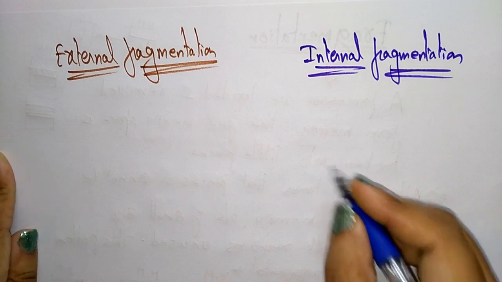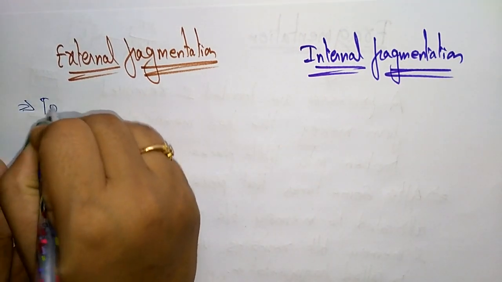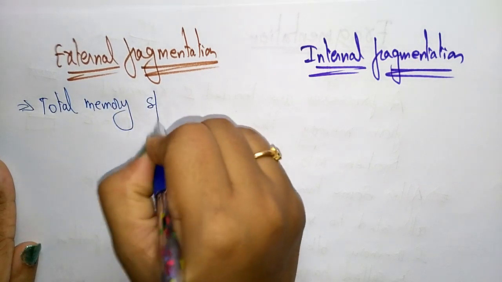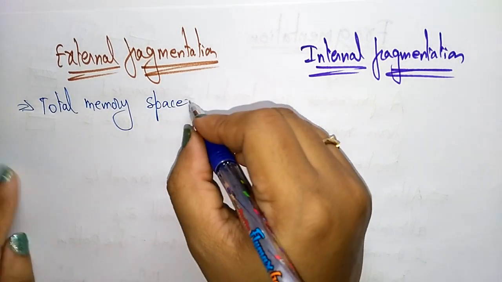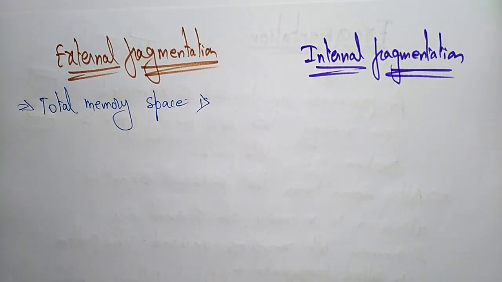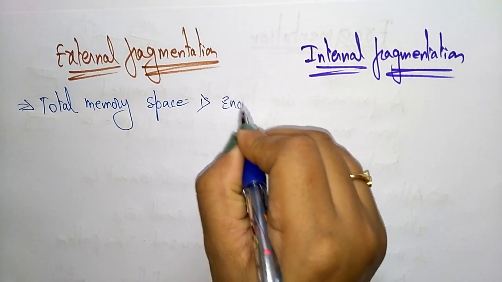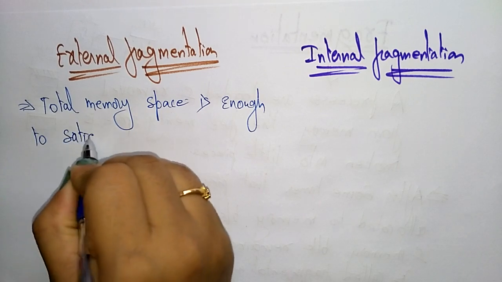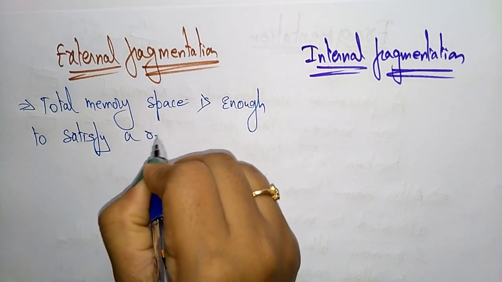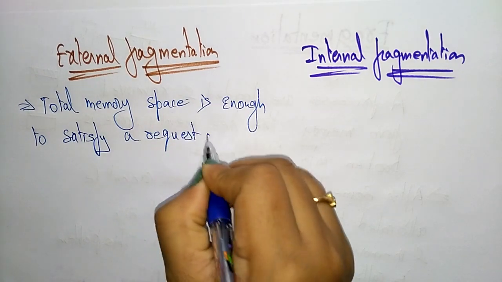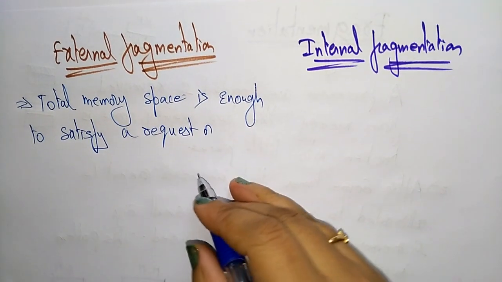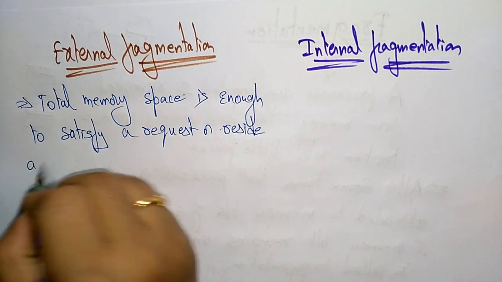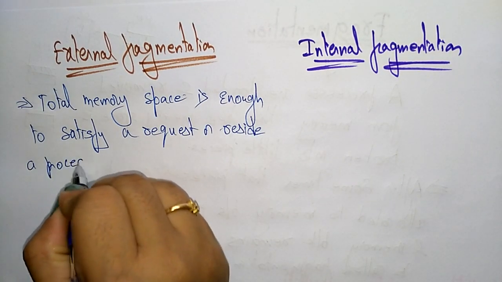External fragmentation means the total memory space present in main memory is enough to satisfy a request or reside a process in it,